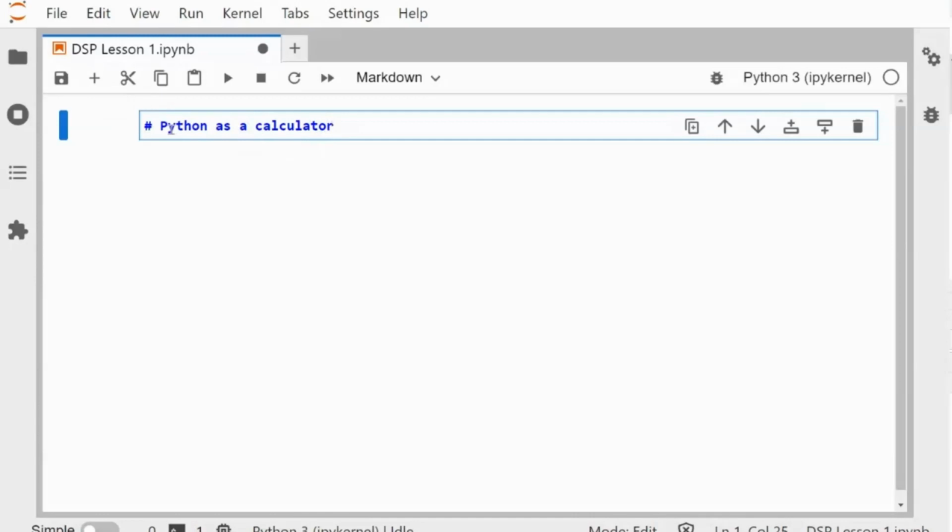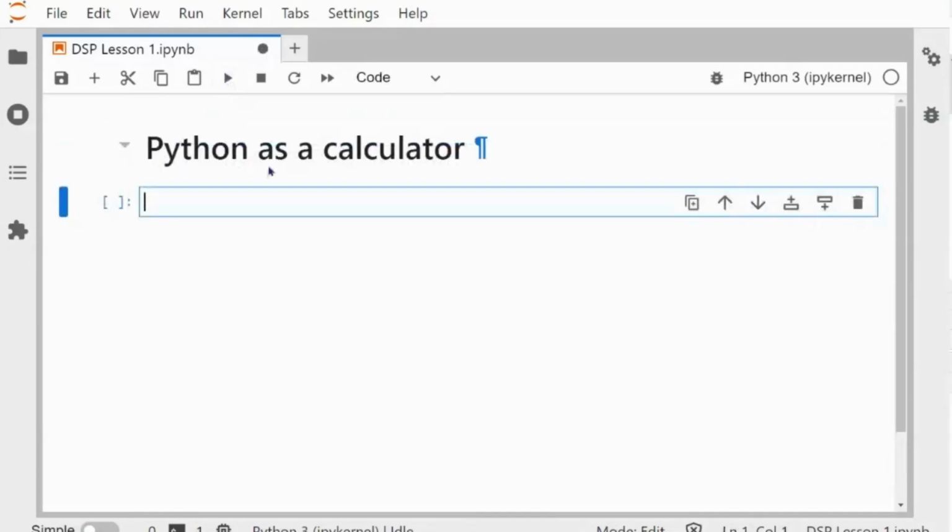Okay, so right now it doesn't look pretty. It's not formatted yet. To format it, you need to tell the computer, okay, I'm done typing. Now you can execute this formatting. We do this by clicking this play button on the toolbar to run the cell. So let's do that. Here we go. Now it looks formatted. Perfect.